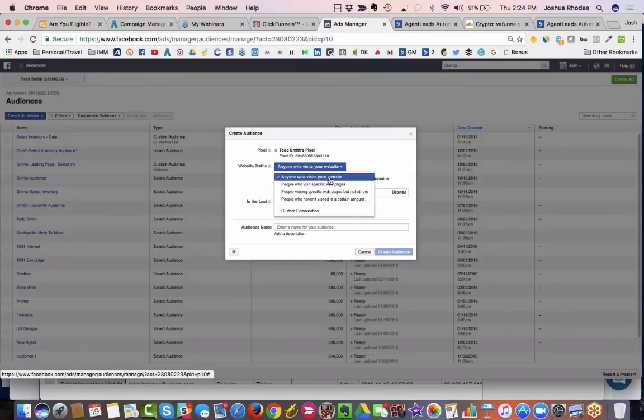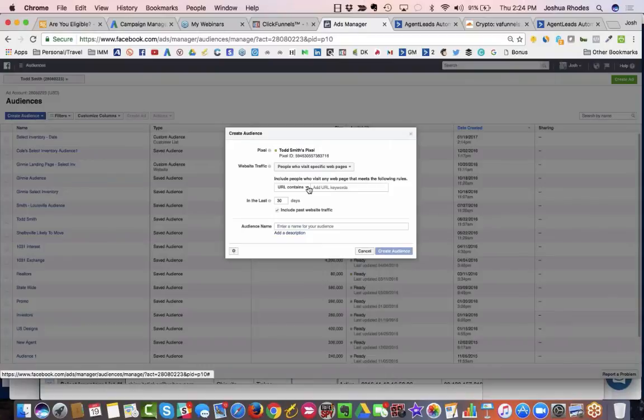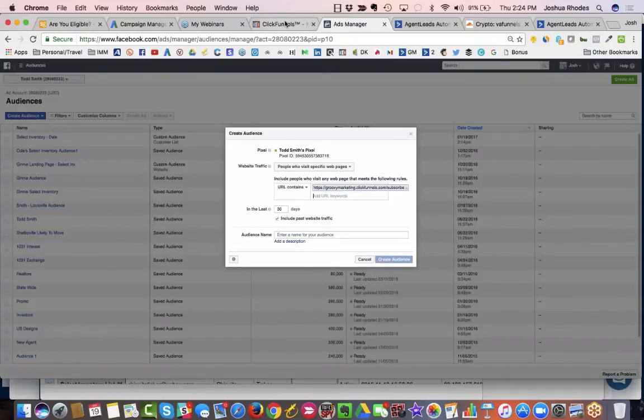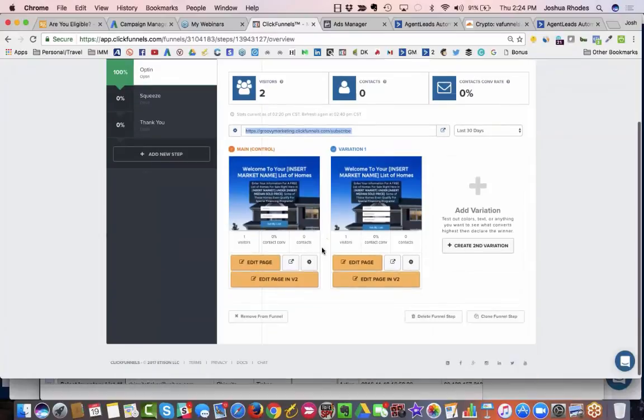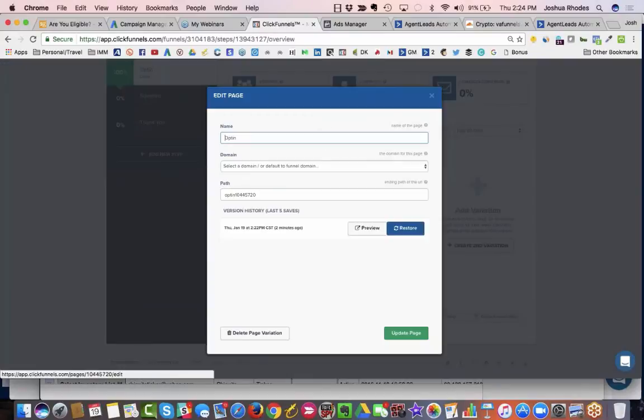Anyone who visits your website, people who visit specific web pages, people visiting specific web pages but not others, and people who haven't visited us in a certain amount of time. I'm going to do people who visit specific web pages. Now I'm going to paste my URL in here, and I'm going to make sure that